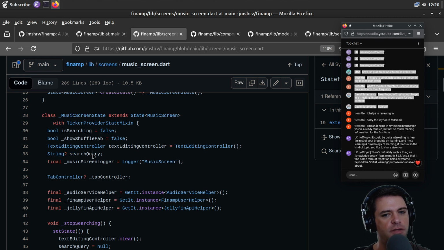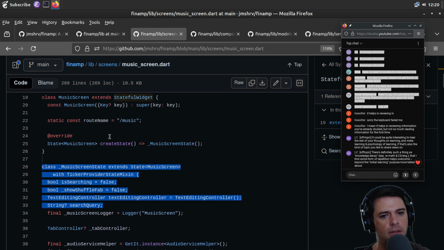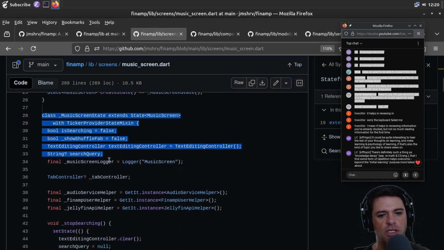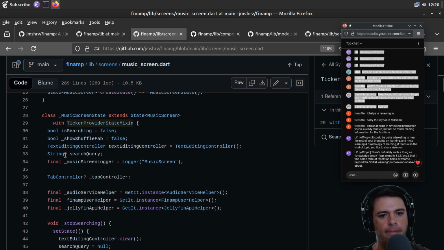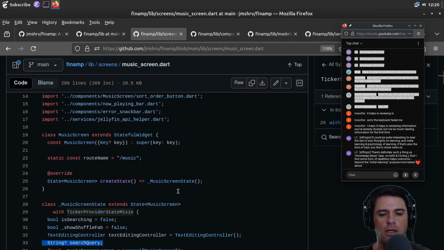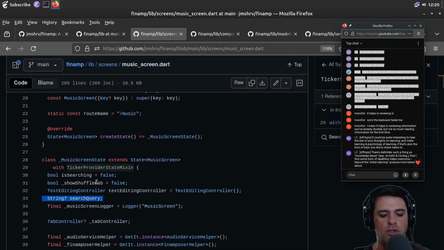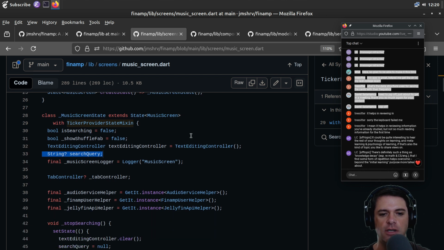I'm not sure that all of this stuff belongs in the music screen state, because anytime any one of these things changes, you're going to have to rebuild, right? Is that what we want? Maybe it is. So if we change the search query, do we have to necessarily change the music screen? I guess if the